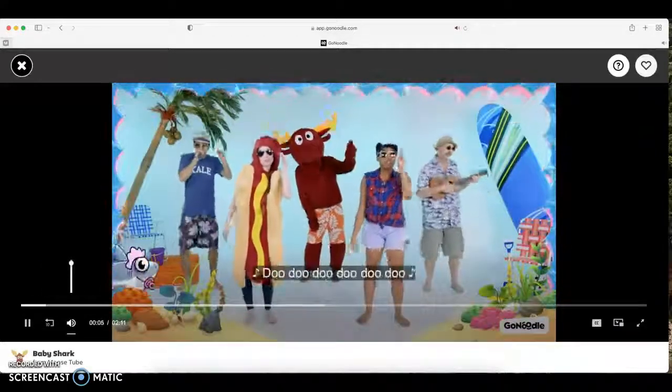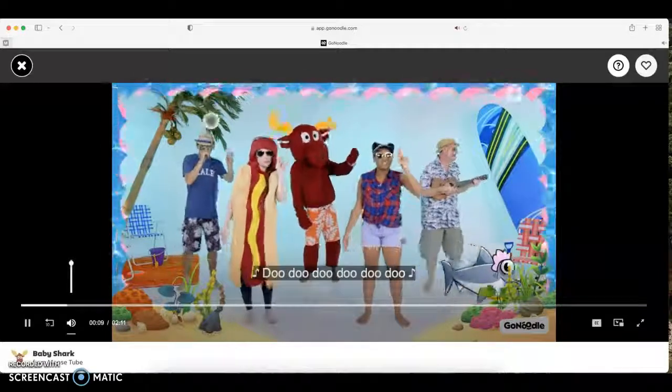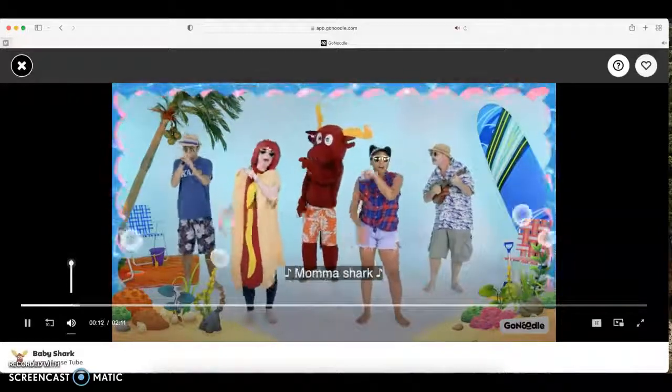Baby shark do do do do do do. Baby shark. Mama shark do do